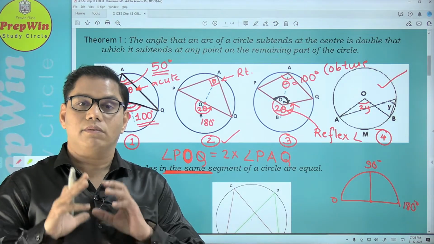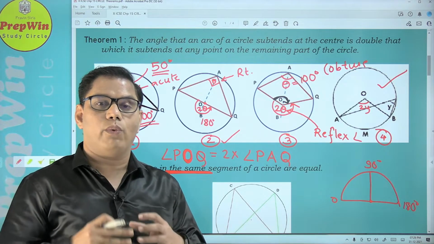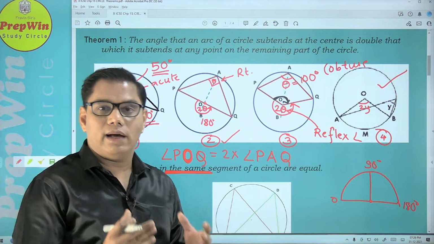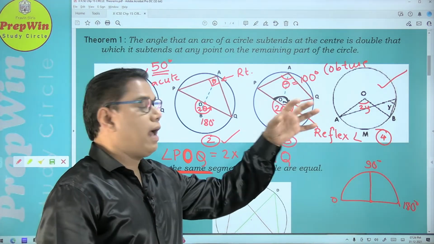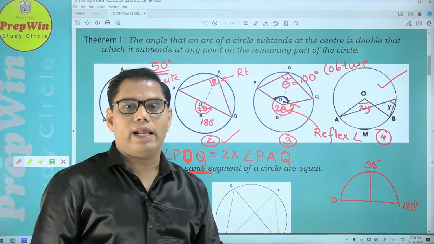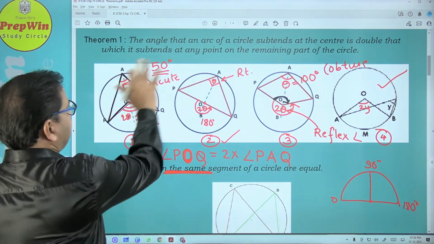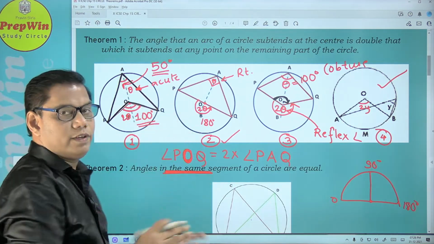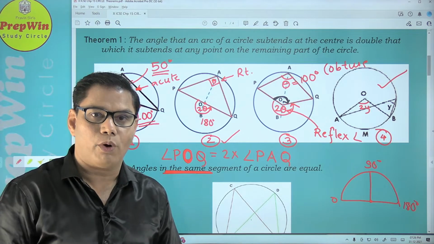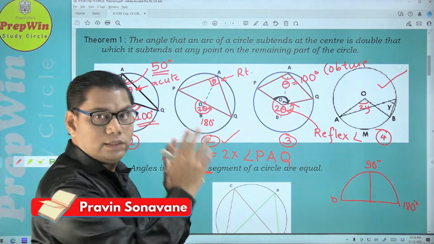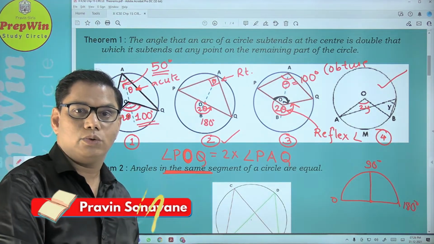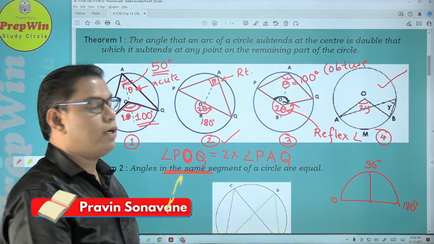Mark my words, the questions which are given in Selina textbook, in Agarwal and the other textbooks, or even if you solve previous year questions, complicated diagrams are given and they are related to angles like this, okay, 100 degree, 50 degree, 68 degree. So there you should know your theorem properly and your visuals ki okay, this angle is y, this will be 2y, this is theta, this is 2 theta, this is x, this will be 2x.